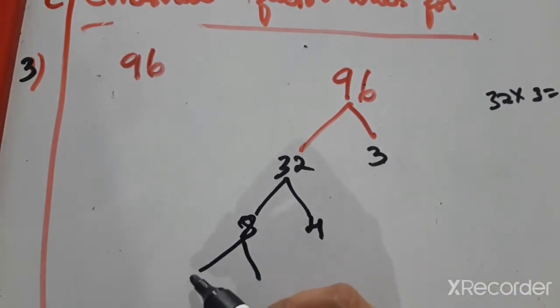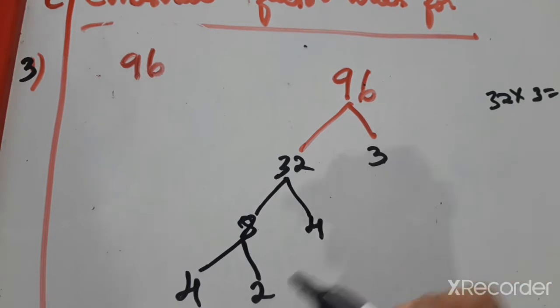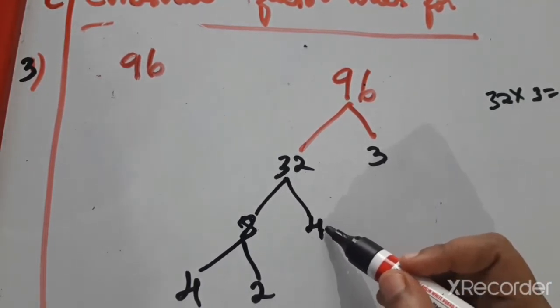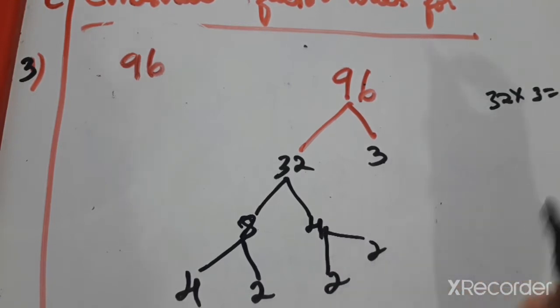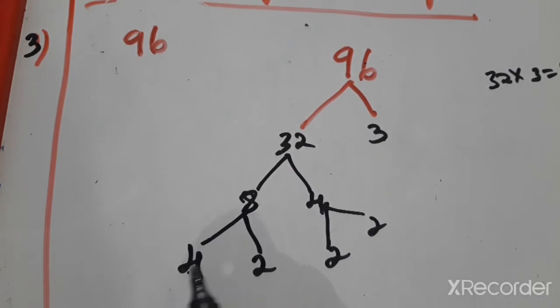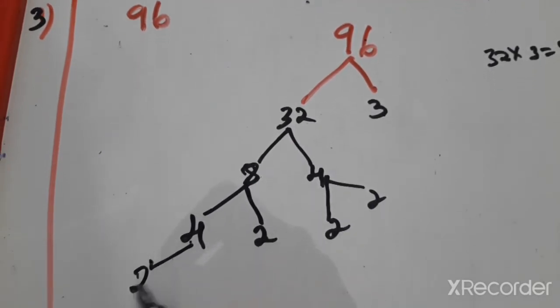Again we can convert into 4 2s are 8. And this 4 is also a composite number. Which tables does it multiply? 2 2s are 4. 2 is a prime number. Again 4 is a composite number, 2 is a prime number. Make it prime number. 2 2s are 4.